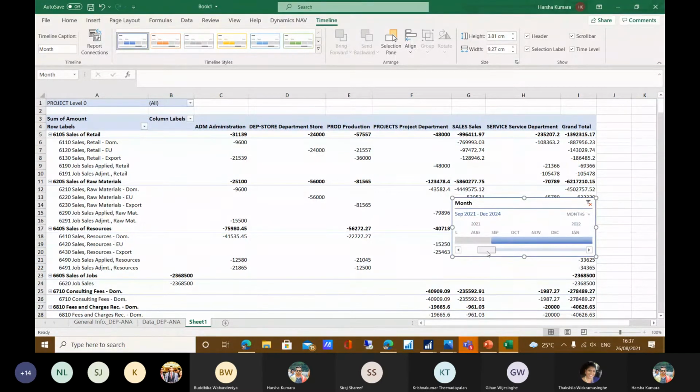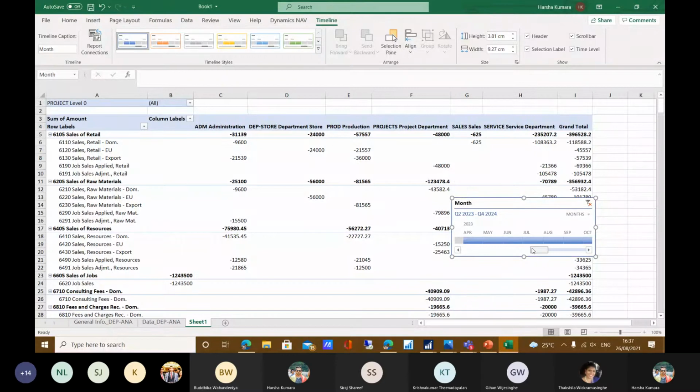Likewise, all the data you can see when I decrease the levels.